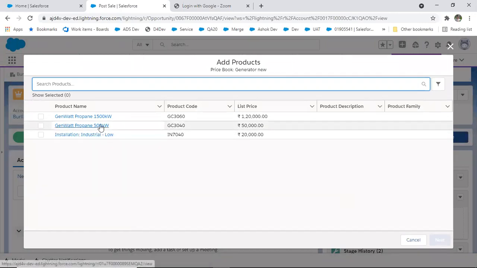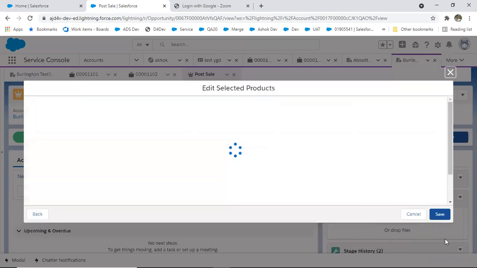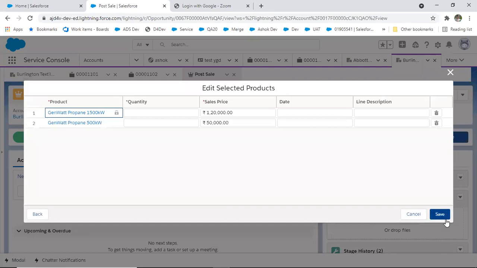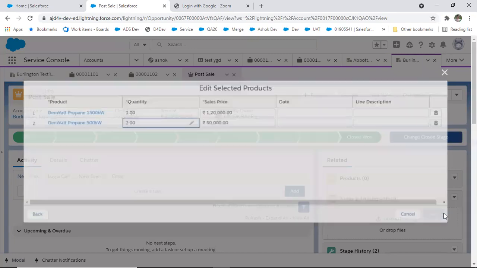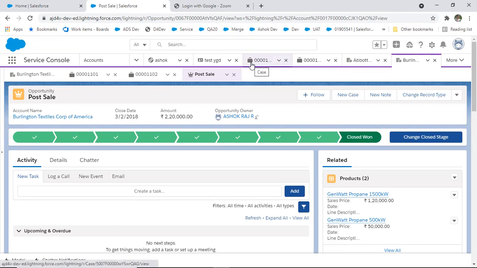Assume that if I do the same in an Excel sheet or some other application, it is definitely going to be a headache to manage, and it is very difficult to bring all this information into one place. At the end of the day, it saves a lot of time for my sales representative, service representative, sales manager and service manager. And I can also get business details in the reports and dashboards.